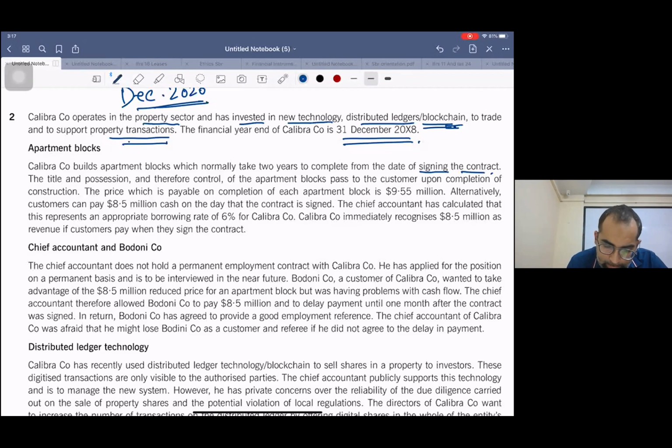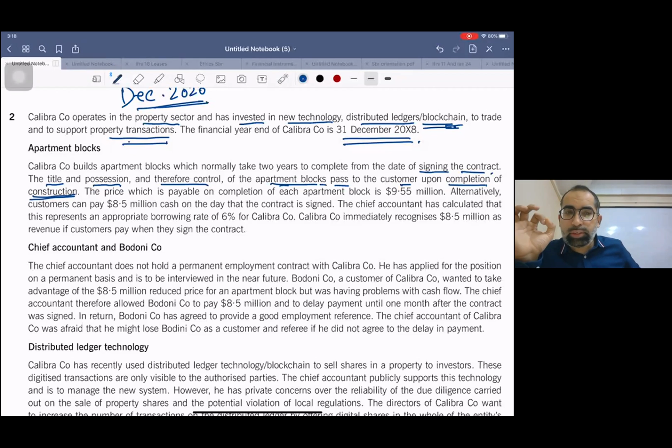Okay, the title and possession and therefore control, three words: title, possession, and therefore control of the apartment blocks pass to the customer upon completion of construction, right? Okay, now what we do,